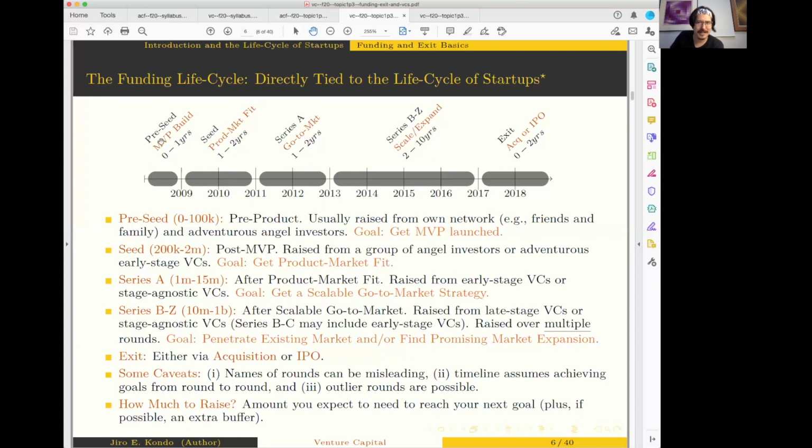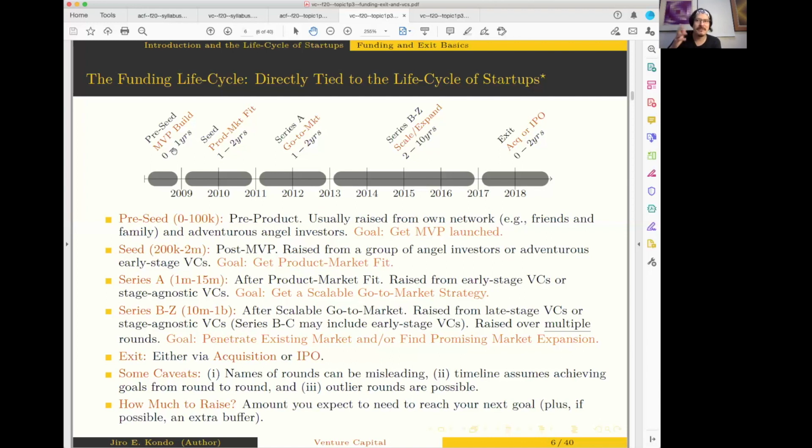But what I will say is an MVP build tends to be shorter than the other things. That's definitely true. Just keep in mind, some startups don't need money to build their MVP. The founder is building it on the side while they're working, or it's a project where you can build a very dinky MVP that gets launched really quick. You can't do that for some startups. If you're a biotech startup, you cannot launch a dinky MVP like that. So it depends on the startup.